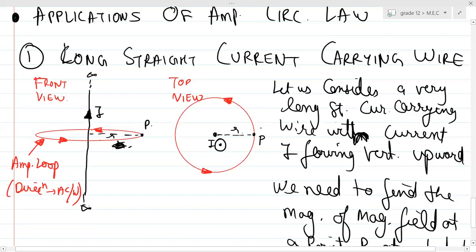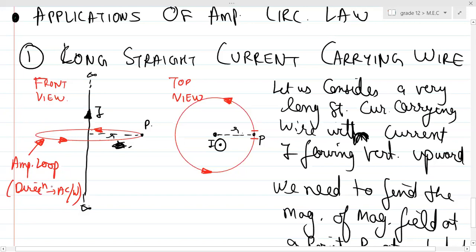Yes, sir. So if I choose a length element over here, yes, tell me. Sir, but we cannot take it as clockwise here. We can take it clockwise as well. I'll teach you what will happen when you choose the direction of loop as clockwise. The direction of the loop I have chosen as anti-clockwise for simplicity as of now. But we'll tell you what will happen if you choose clockwise.